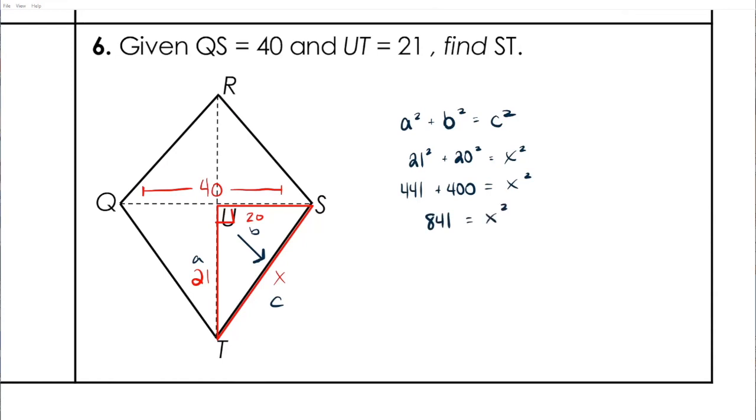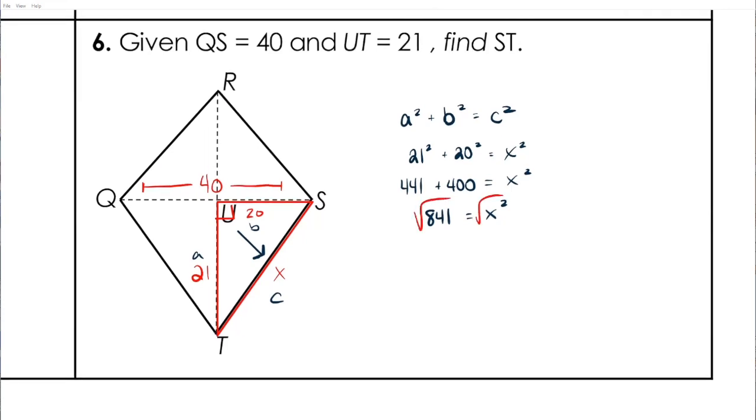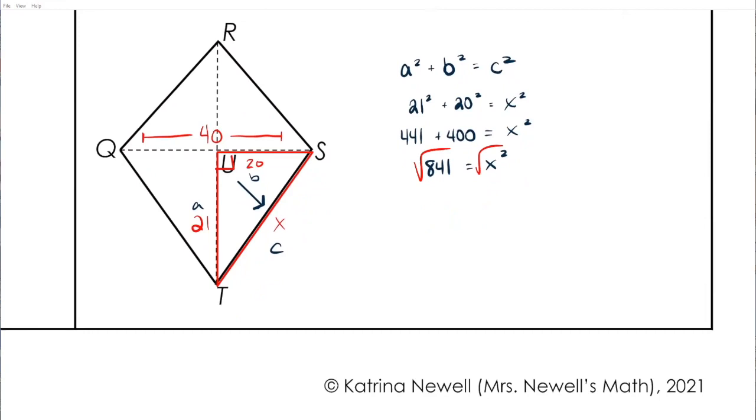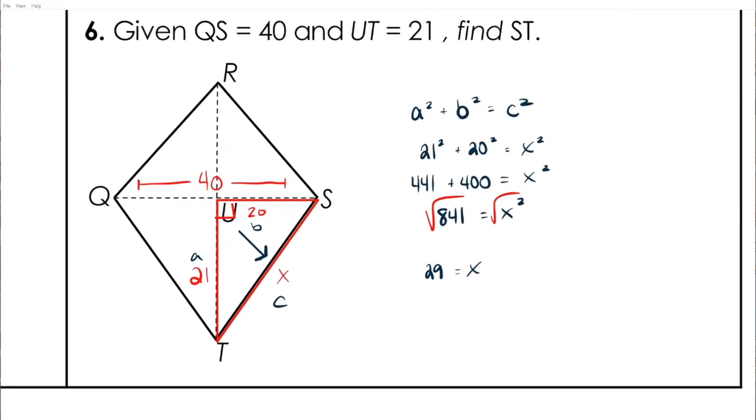And then the only way to get rid of a square is a square root. And when you square root 841, always pop it in your calculator, make sure it's going to come out to a nice pretty number, which is x. If it does come out to a nice and pretty